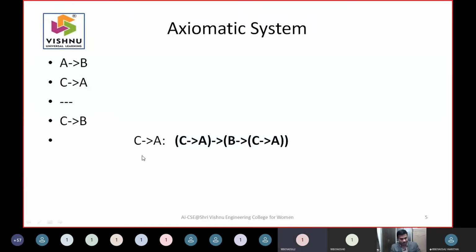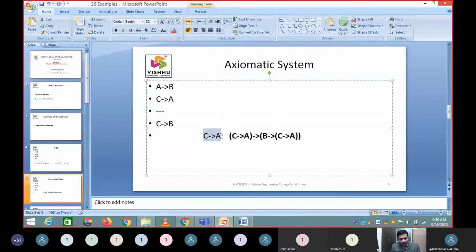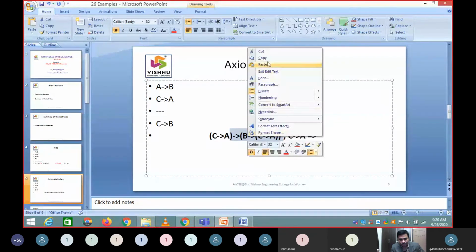So if the statement is right, and you have a statement called C to A, what is the inference of these two statements? From these two, I can get this part. Is it right? I will try to paste it here.